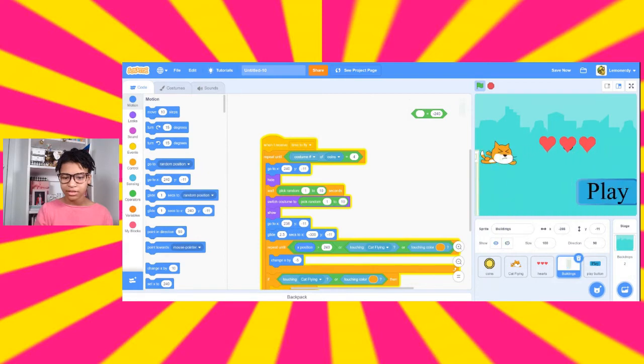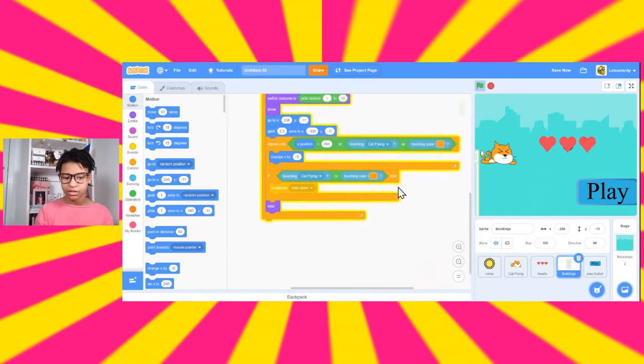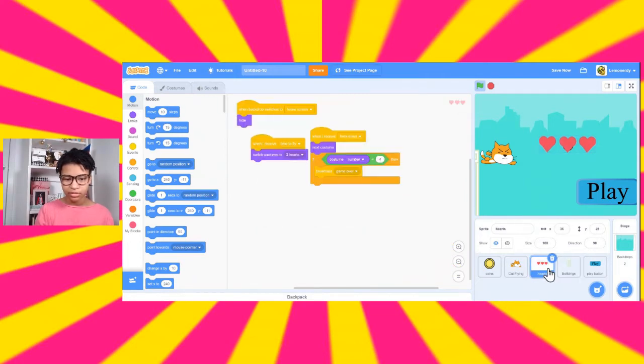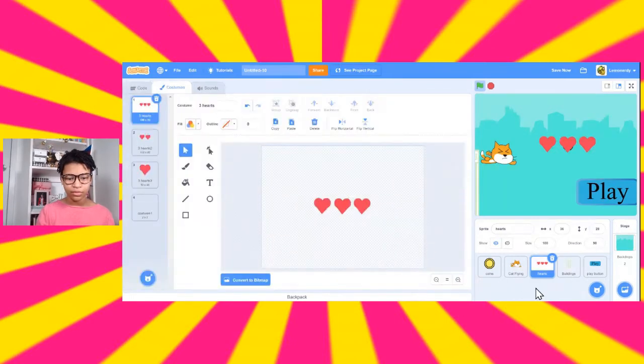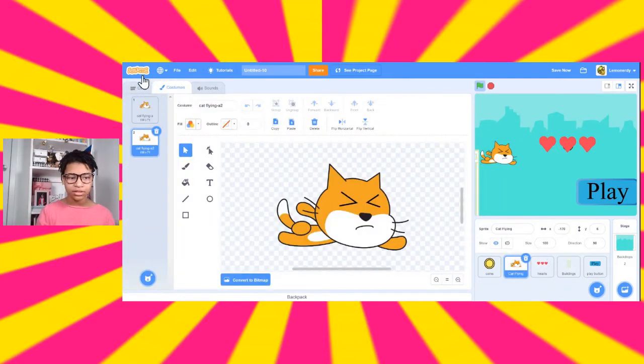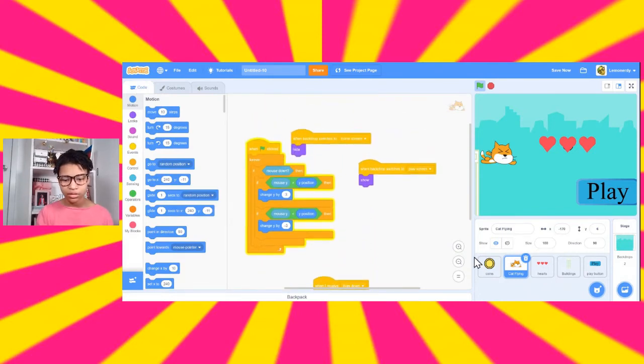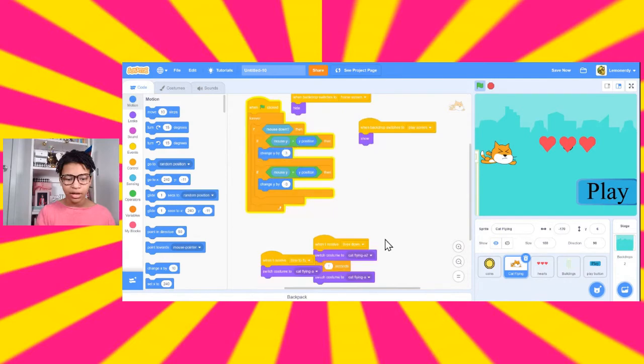So now it passed it. It touched the cat. Broadcasted lives down. And received lives down. Next costume. And then if so, broadcast game over. So the way that I test to see if things are working correctly is that let